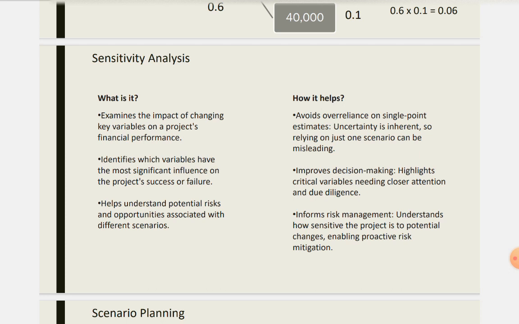So then how do you understand the impact of each of these variables on the project? You want to isolate each variable and see how that impacts your project. It helps you understand if your project is susceptible to any specific thing. For example, if life is a key critical dependency, we expect it to go for 10 years and it's important that it runs for 10 years. If it breaks down in the 6th year or 5th year, that could spell trouble for your project, then it's important to know what is the sensitivity of time. It could be obsolescence. It could be that the product it makes is losing market demand. So all those things can impact.